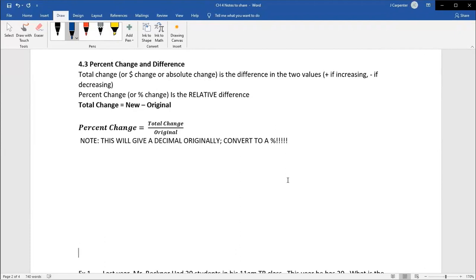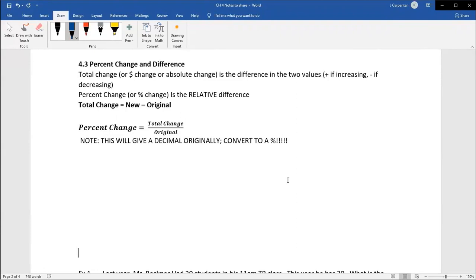You could talk about a car losing its fuel efficiency over time, or its engine power, its horsepower over time, as a percent change from year to year. You can look at things as a total change from the beginning year to the end year, or you can do this as a year by year scenario. All right, so let's get into it.